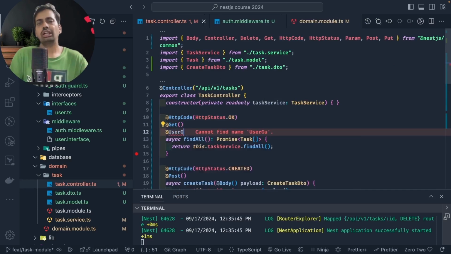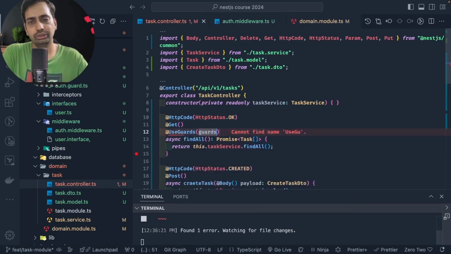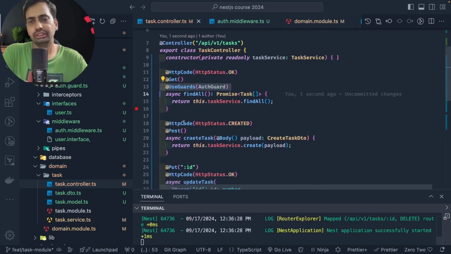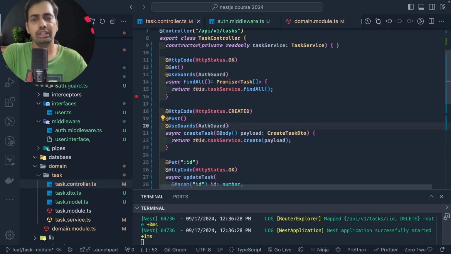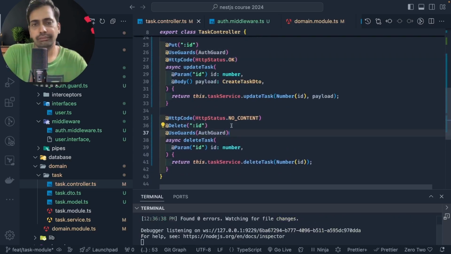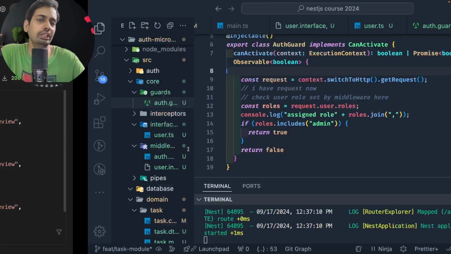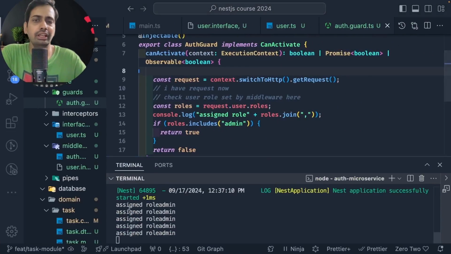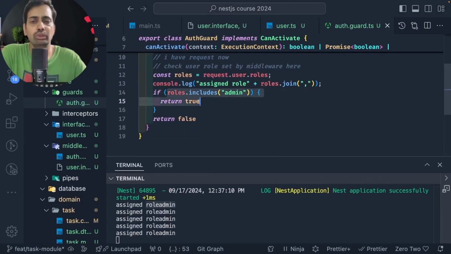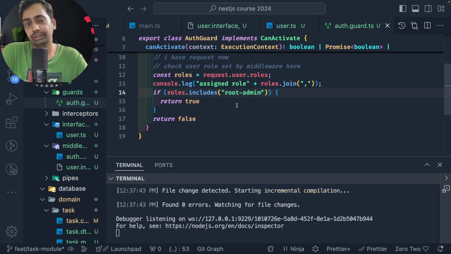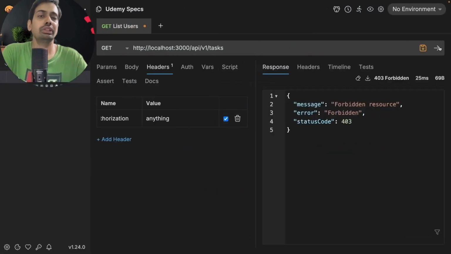So we can register the auth guard on controller methods using UseGuards. Otherwise, at controller level we can do a lot of things, like HttpCode, Get, UseGuards, UsePipes, all these things. UseGuards, you can apply on individual methods, Get, Put, Post, Delete, and I am adding UseGuards(AuthGuard). And in the auth guard we are checking simple logic: if the user has the role. Currently I am just allowing all because the assigned role is admin from the middleware. But let's say if I change this role from admin to root admin, root user or something other than admin, now it will not allow you to access.